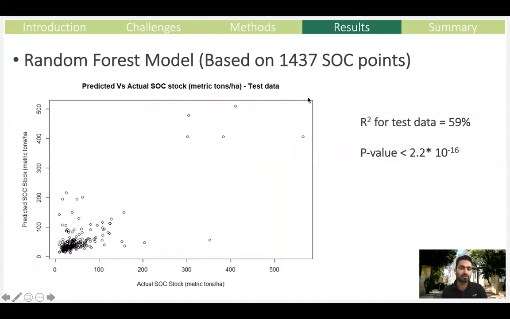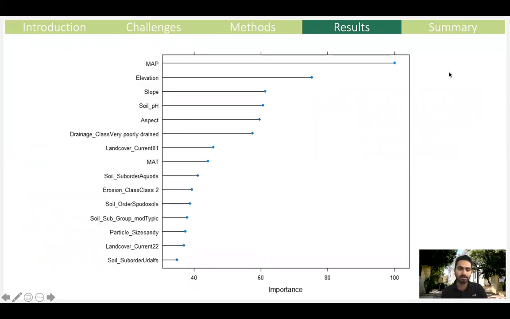Our model was based on 1400 points, and we divided our data into training data and test data. This is how our predictions were compared to the test data. The correlation between predicted values and actual values in the test data was 59%, which shows our model explained 59% of the variance, and our model was significant. The important covariables were mean annual precipitation, elevation, slope, pH, aspect. Here I list the first 15 important